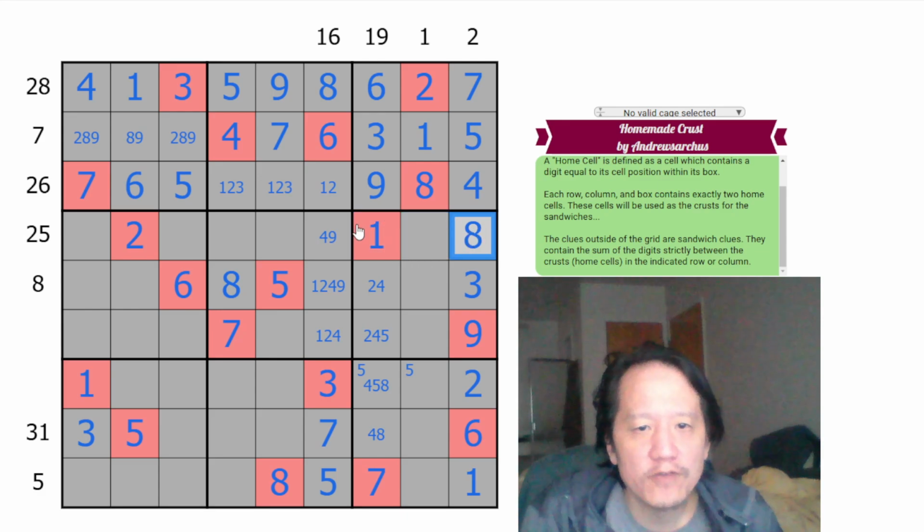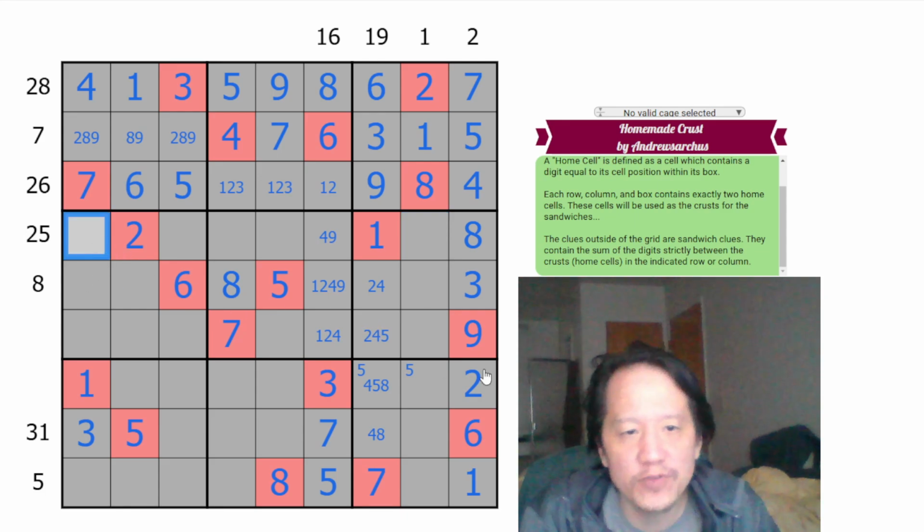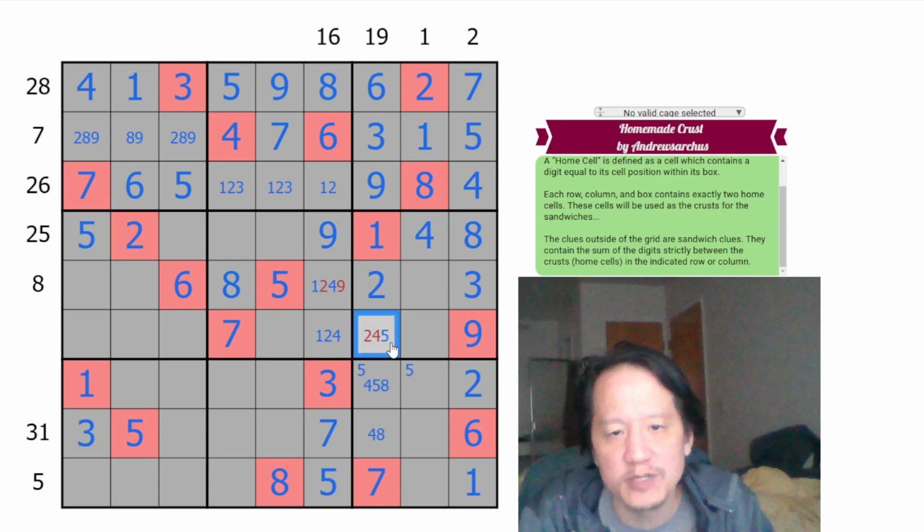We already have 11, so then the other two have to add up to 9. It cannot be 1, 8, it cannot be 2, 7. It could be 3, 6, or 4, 5. So if it's 3, but this can't be 3 and this can't be 3. So it cannot be 3, 6, it has to be 4 and 5. So this is 5, this is 4, which makes that a 9, which makes this 2, 5. This becomes a